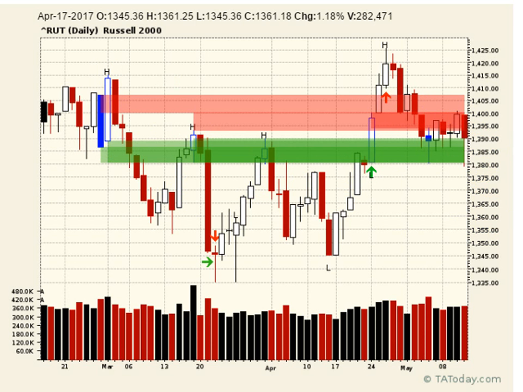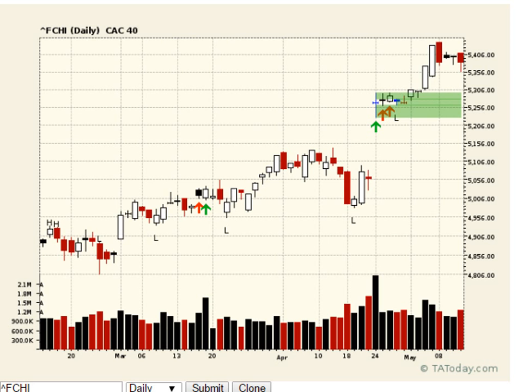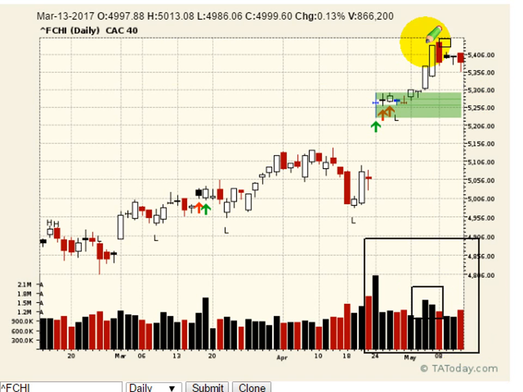It tests all the way down to the bottom of that, flips around, comes back up, and is going to try and regenerate tomorrow. It's probably going to actually do it because you've got structures elsewhere that are going to support it as well. I'm talking about Europe. If I go over to Europe and pull up the CAC to start with, the CAC comes down, and you can see here, these are your volume bars right there. It comes right down into those volume bars. That's the overlap, that's what I wanted to show you. It's the overlap of those two bars, comes down into it, flips back around. This thing's going to try and test the highs tomorrow.